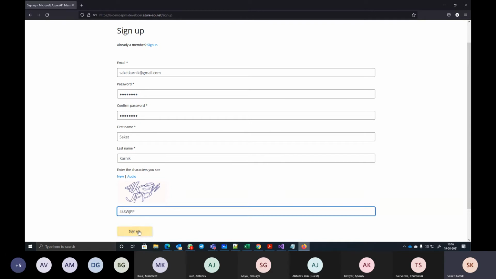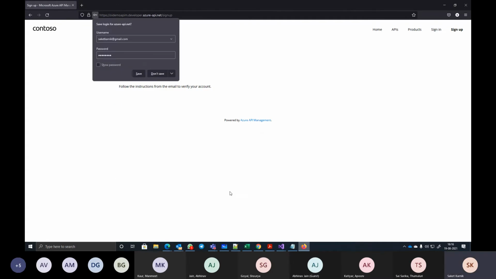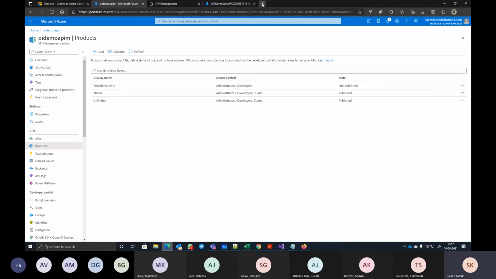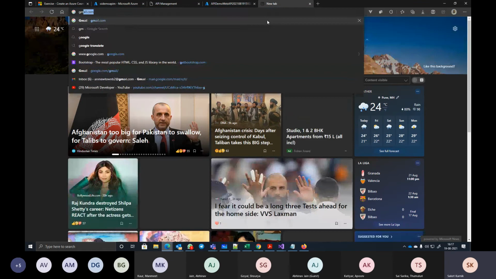I hope it's correct. Looks to be correct. Okay. It must have sent an email to my Gmail ID for the activation of account, verification of account. So I go back here and open the Gmail account.